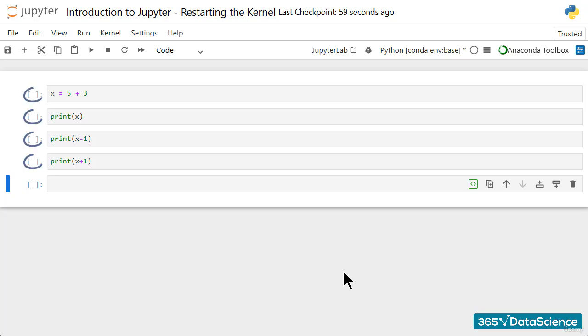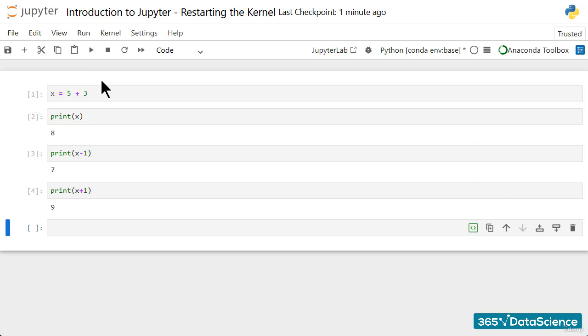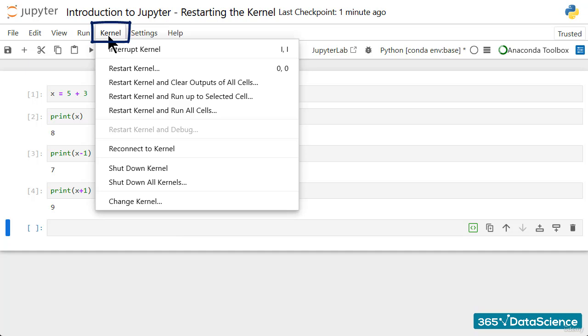That's why there is no number associated with the input cells. So after we execute the first cell, it will have the number 1. The next one will be numbered as 2, and so on. Great! The other interesting option would be to select Restart Kernel and run all cells after expanding the kernel option